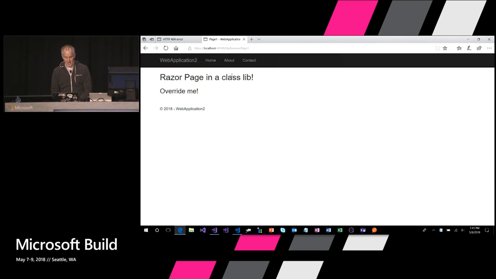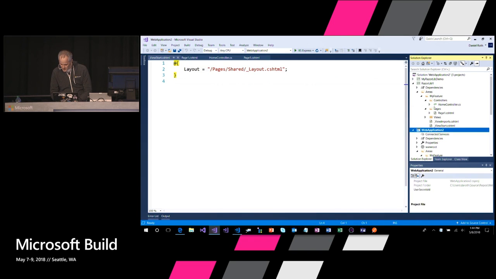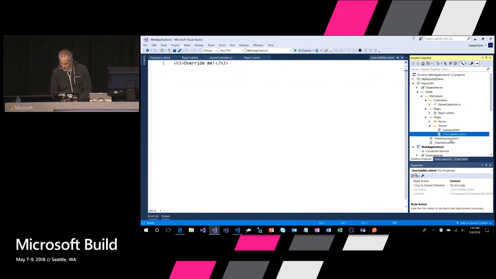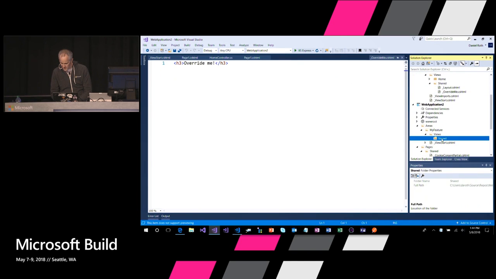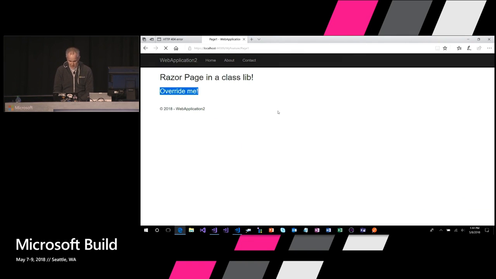So that's cool. Okay. Now this override me thing is a partial. I should be able to override that partial view. Shall we try it? Is that going to work? Well, let's see. I want to grab the partial view from the class library that I'm using. It's this override me file. Let's copy it into shared. And in here, let's change the text to "You have been overridden." Okay? And I should just be able to save that, and if I refresh the browser,